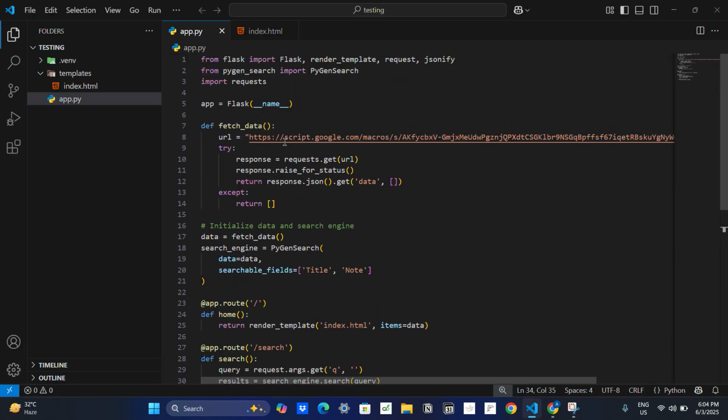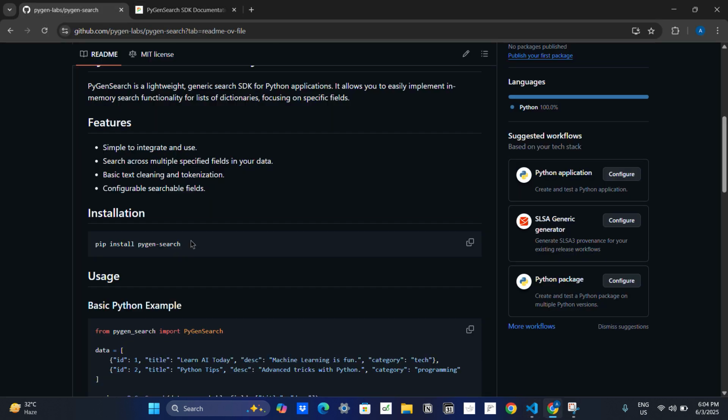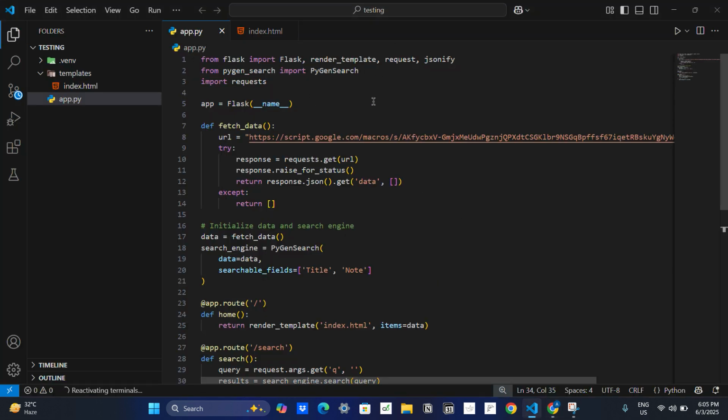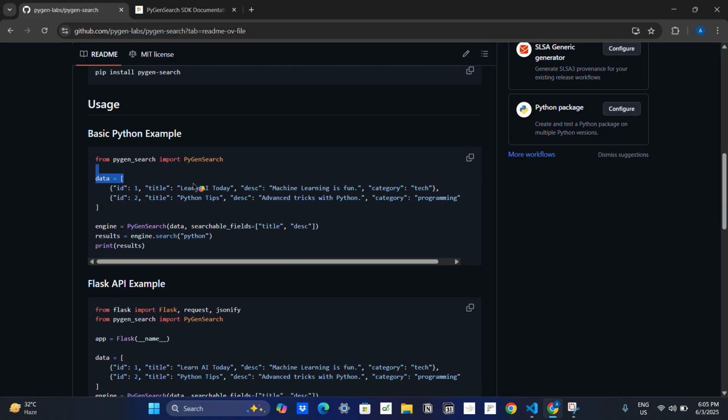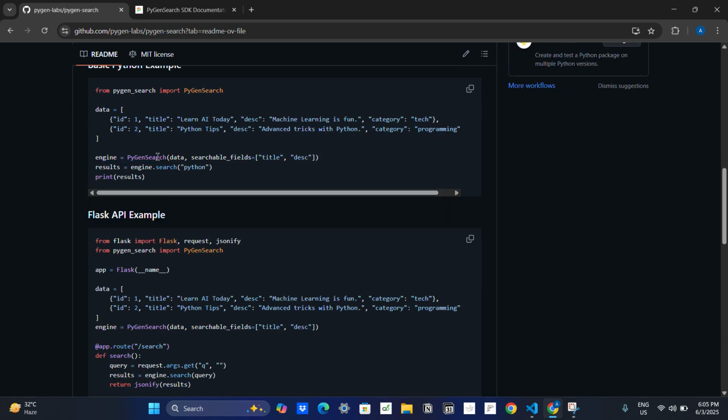This is something that I already have, okay? So basically in the git repo there's a command to install pygen search, like this. You can just copy it and paste it in your terminal. I already have all set up: from pygen search, import pygen search, okay? This is the basic Python example, like we have a dictionary and list, okay? So we have a dictionary, and we create search engine equals pygen search, sorry,